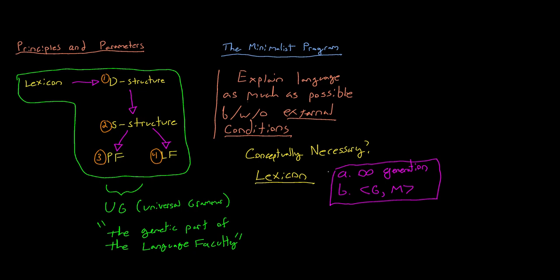What are the conceptually necessary components of the principles and parameters approach that we need in order to account for language? The answer is that we can basically do away with this entire model, do away with it entirely, and instead propose that all language is one sort of recursive operation, recursion, let's say, and just in brackets here, I'm going to put merge, some sort of recursive operation